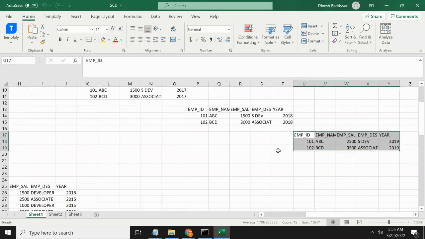Now, let's assume you are at this particular year. If you want to know this particular employee's designation, or the complete journey of this employee within this organization, which salary he joined with and what the designation was, if you want to understand that,